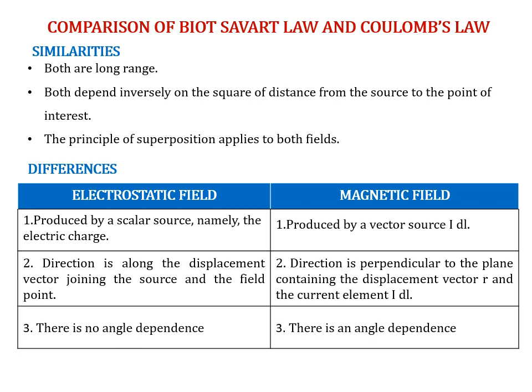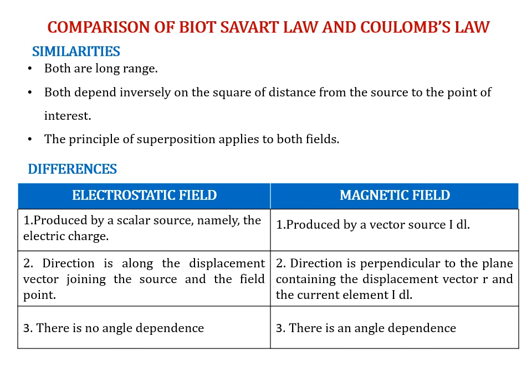We just saw the direction of magnetic field. So what is the direction? It is perpendicular to the plane containing the displacement vector r and the current element IDL. IDL is the source, so it is perpendicular to r and IDL. Electric field does not depend upon angle, whereas magnetic field depends upon the angle between r and IDL, that is the displacement vector and the source, the current element.